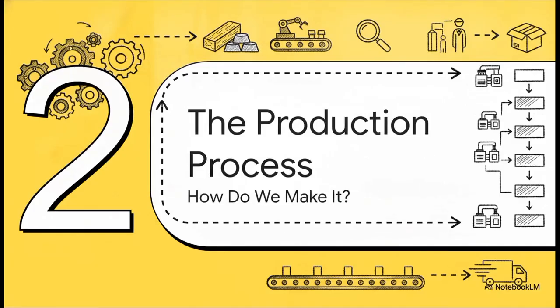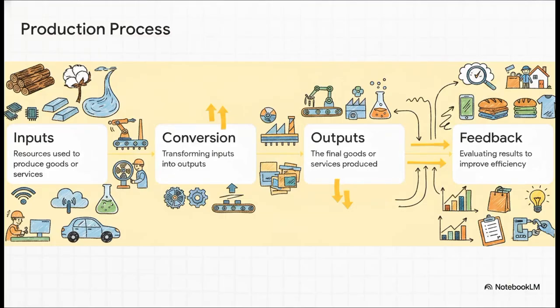Which brings us nicely to Section 2, the production process. How do we actually make these things sequentially? It turns out pretty much every production process on Earth follows a highly logical four-step sequence. You start with your raw inputs, you run them through a conversion process to transform them, you get your final outputs, and, this is key, you close the loop with feedback and control, which managers use to constantly improve future